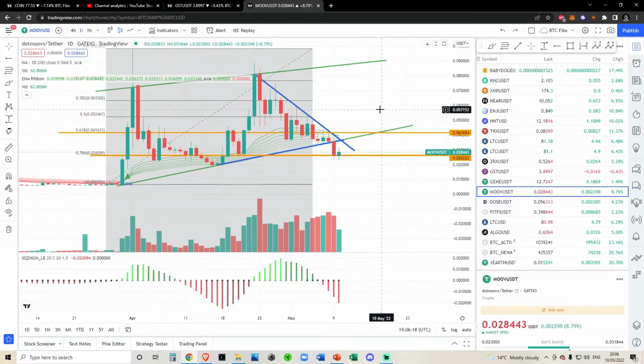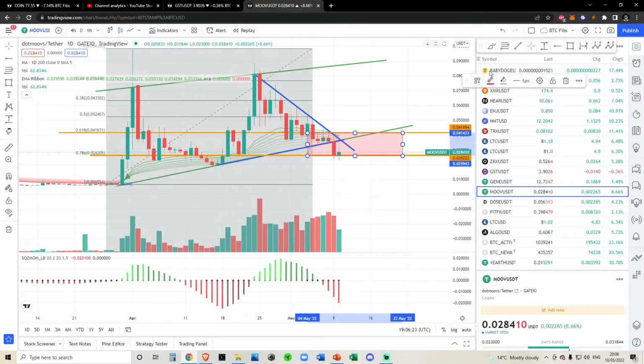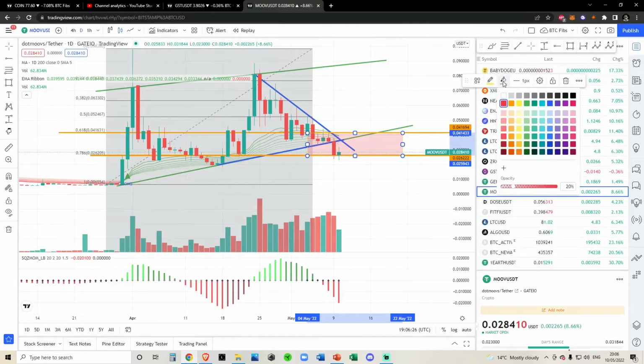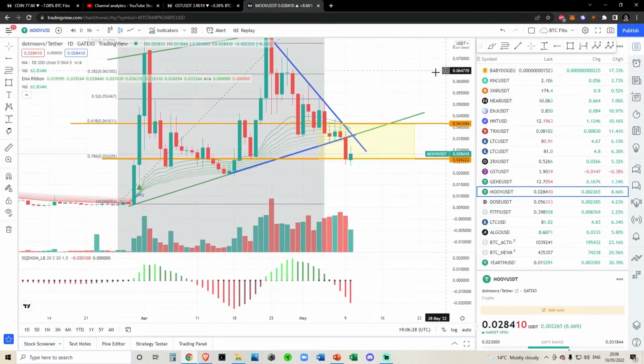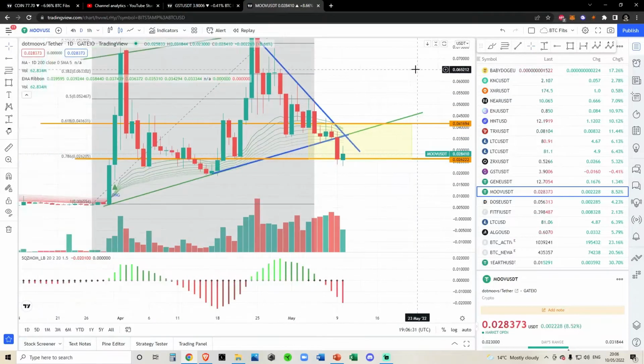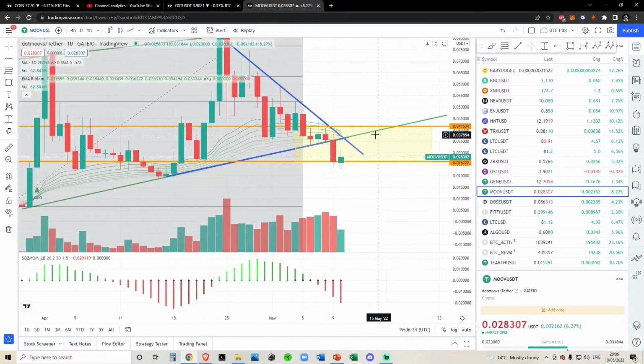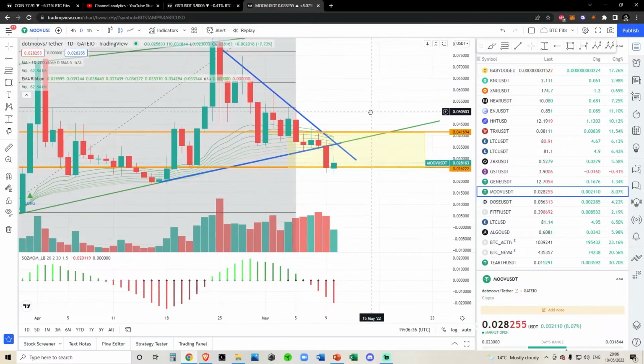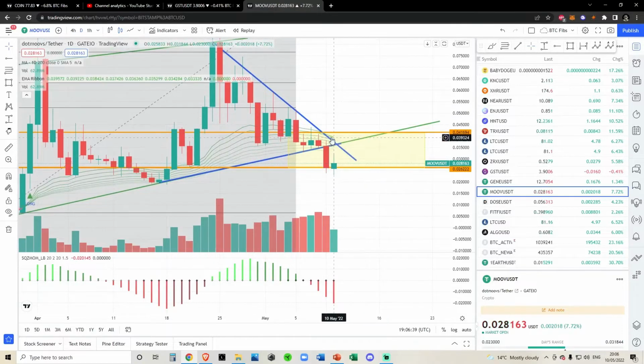So this is what I think needs to happen for MOOV. The EMA ribbons are converging on themselves right now. Let me mark this in a neutral color, so you know this is the big zone that we either need to get above or below. So on the daily time frame, you can see these daily EMA ribbons, they're still bullish, but as we are below them, they're going to start converging, and there's going to be some very strong resistance levels coming in at 3.2 cent, and the top of these EMA ribbons coming in at basically 4 cent. Let's call it 4 cent to make it easy. These are going to keep constricting,